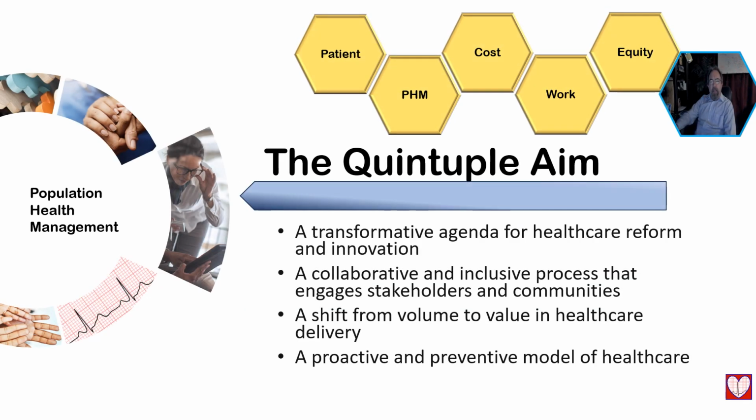So the Quintuple Aim is a new method of addressing how management can better achieve population health management strength in the community. Initially we always followed the triple aim, and that was patient care, population health management improvement, and then cost reduction. And those three really helped carve a path for us historically. But then we added a new dimension from the balanced scorecard aspect of management, and that was work-life balance for your own employees. A pretty big dynamic that allows the employee to help own in the patient care, and then if one is happy, the other should be happy.